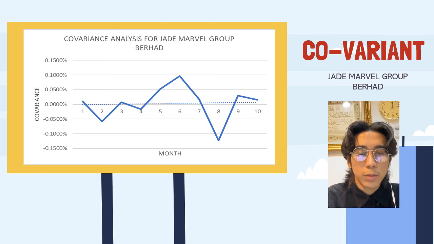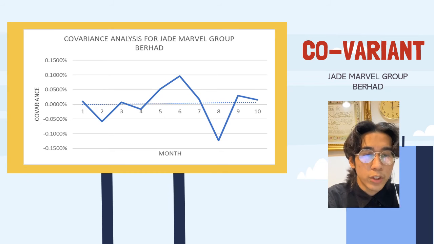Now, the slide above shows the covariance for Jade Marvel Group Berhad. On the graph above shows the covariance analysis for Jade Marvel Group Berhad starting January until October 2021. Based on my analysis, we can see that the graph above shows the covariance value for January is started at positive value at 0.0105%. As this month is positive number, it indicates that the two variables tend to move together and with the